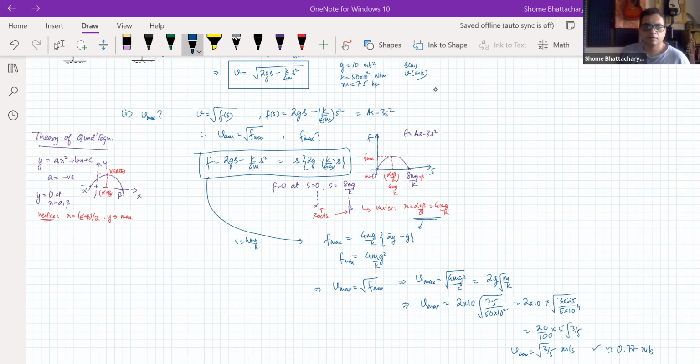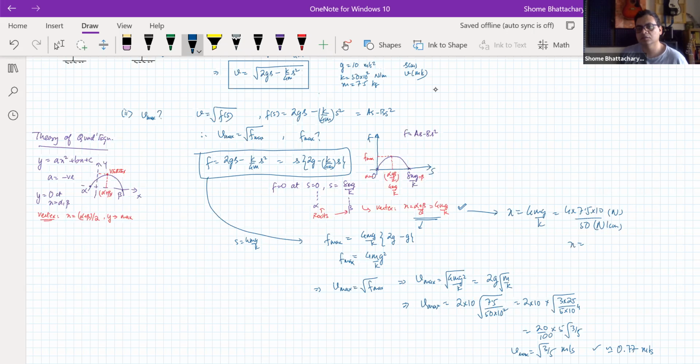No? Okay. Now I'll also show you this with a logical free body diagram kind of method. Okay, why the speed is becoming maximum at this value of s, 4mg by k. This we have understood purely mathematically. How did we get that the speed is becoming maximum at this particular value of x? Okay, in fact, let's calculate this also. So we can see that this value of x is 4 times its weight, so 7.5 into 10 divided by the spring constant. Now this one we can substitute in newtons per centimeter,